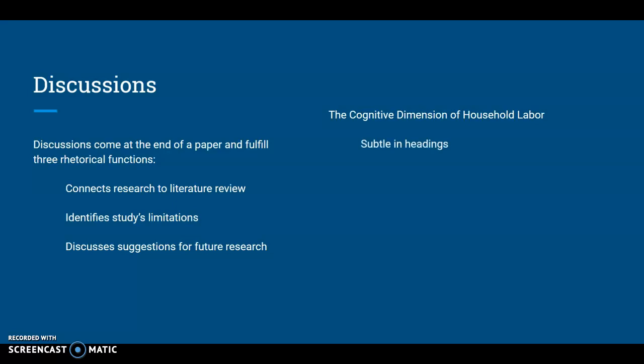So this one is more subtle in its headings. Its headings reflect the content of the paper rather than explicitly stating which section of the discussion it is. So it's organized by the content, and they discuss each element in each heading as it relates to their content. So they'll come to one conclusion about their results, and then identify a limitation in their own study, and then suggest future research, and do that for each conclusion that they come to. So it's organized by its content. And then in rhetorics of radicalism,